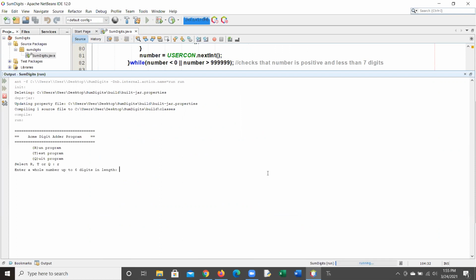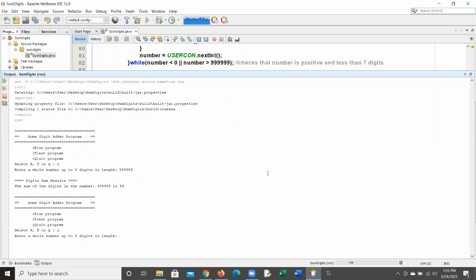Do the R. And I'll do 9999999. So that should be 9 times 6, should be 54, I think. And it is. And I like that. The way it looks, I think is pretty good. And then you can recheck the